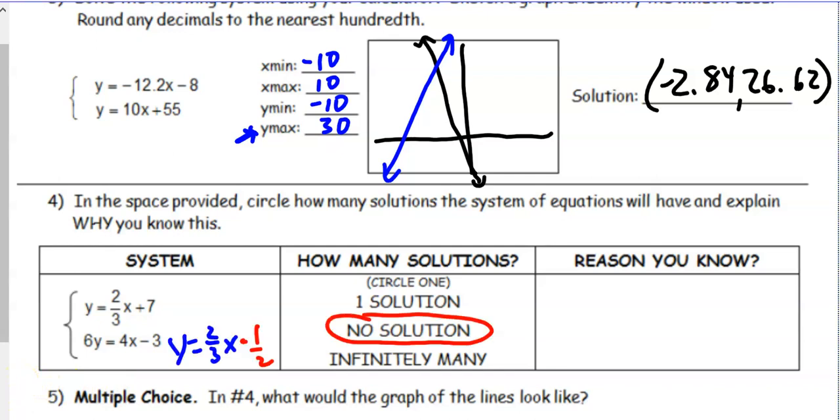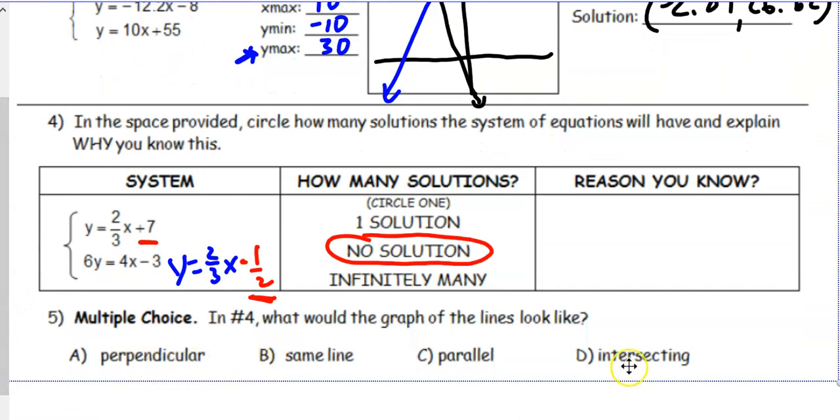Okay, so this is no solution. Hopefully you got y equals 2/3 x minus a half. There is a reason that I highlighted the negative a half in red. If you compare it to the equation above, y equals 2/3 x, the slopes are equal. The only thing that is different are the y-intercepts. If the slopes are the same,